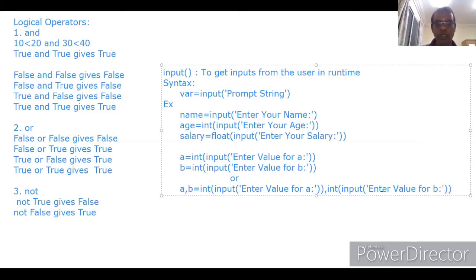Both statements can be written in a single line. First it will ask to enter value for a. You type 10, and 10 will be stored into a. Then it will ask to enter value for b. Now we type 20, assume, and 20 will be stored into b. This is one way.